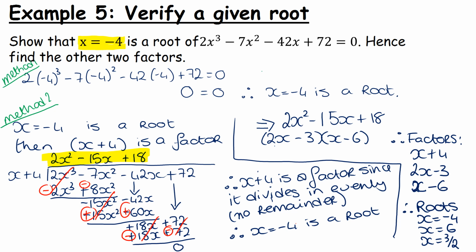So regardless of how you want to show that x equals minus 4 is a root, you do have to do that long division. Be careful with making sure that you answer the question and you show that, yes, I understand what I'm being asked. I'm not just blindly doing long division because that's what I was told to do. So make sure you have a good understanding of how we can write in the answer, just using the 3 dots for therefore, and all you're saying is it is a factor because it divides in